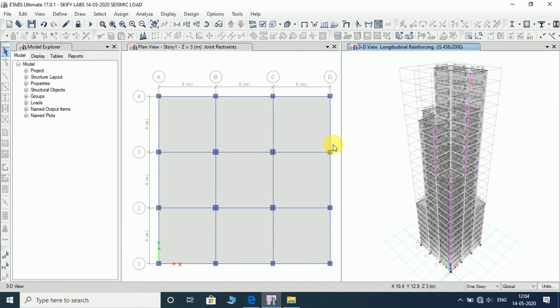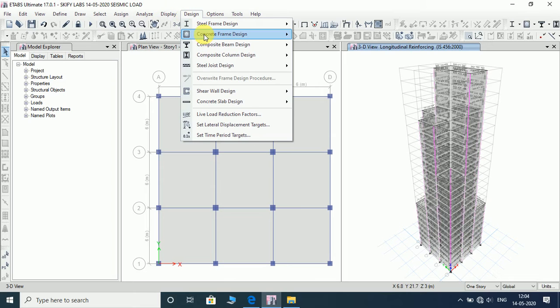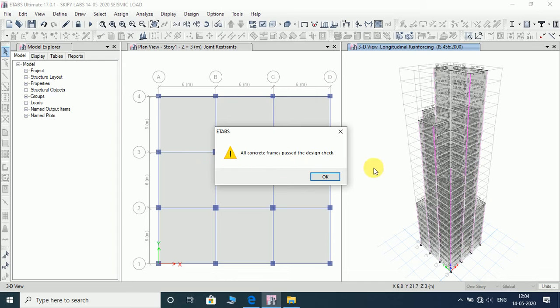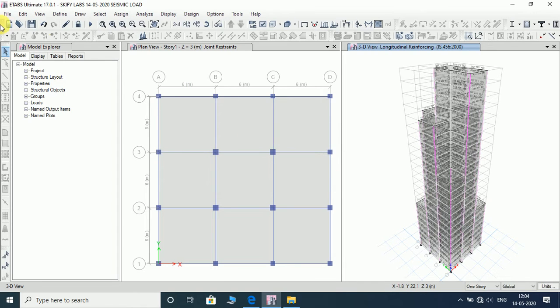Okay, you can see here, go to design, concrete frame design, and verify all members passed, hence we get a design. Okay, if we go for reports,